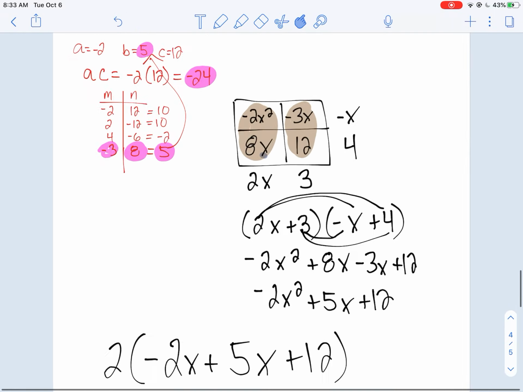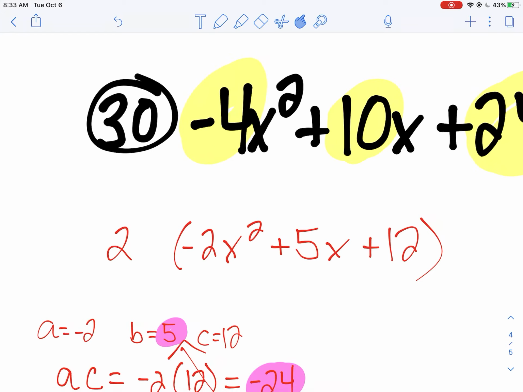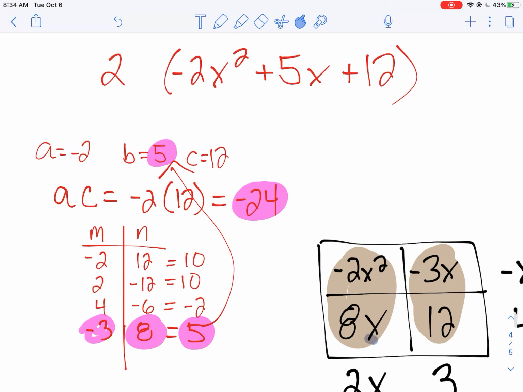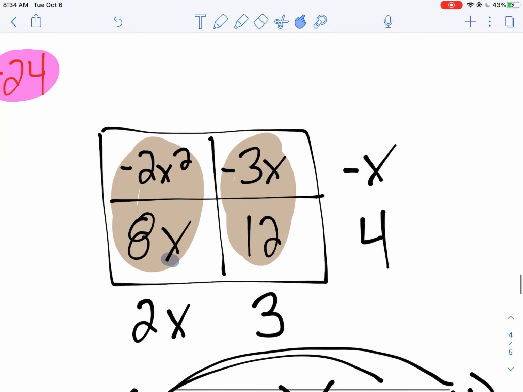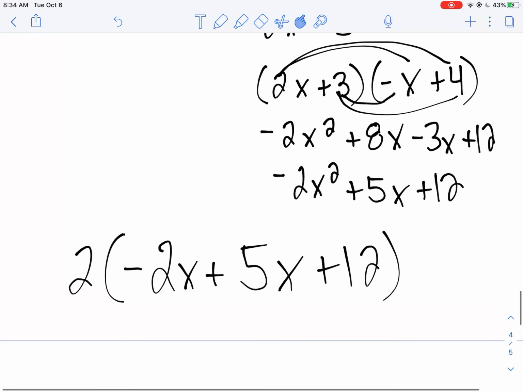So this is a great example because it involves some negatives and also involves that step of factoring out at the very beginning. I always factor out at the very beginning. If not, it's something you have to do once you're done. And I'd always like to take it out first because it's a lot easier when you're dealing with smaller numbers too. So I factored out that 2 at the very beginning, got this quadratic, and then, again, went with AC, looked for M and N, used the box method here, factored out my common factors going horizontally and then vertically, and then put some parentheses around them, and I factored this quadratic expression. Hopefully this